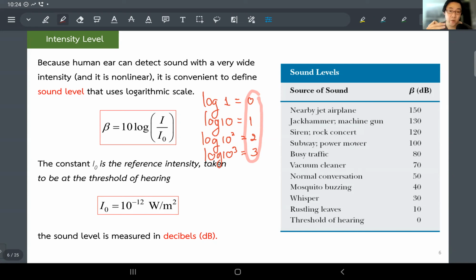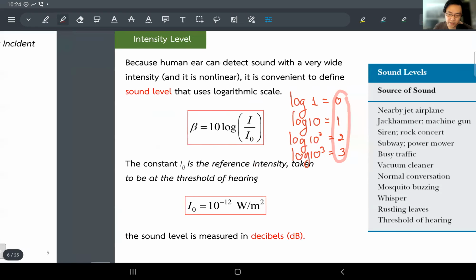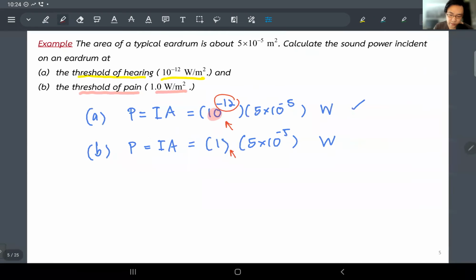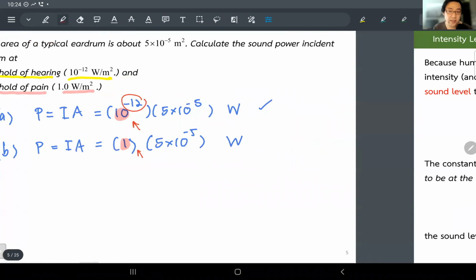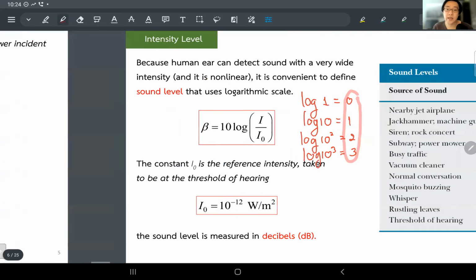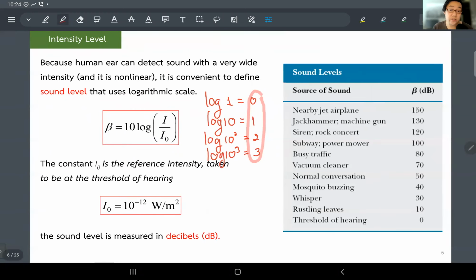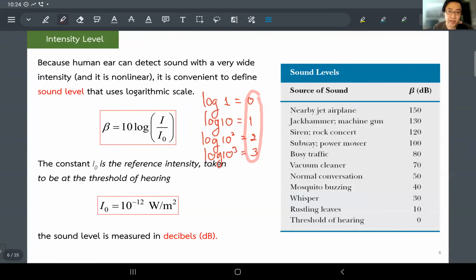And because right now we would like to work with the 10 to the power stuff, that's why we use the base 10 log. So we're not going to use natural log ln, we just use log base 10. And the good thing about this one is now what you want is just to make a comparison,